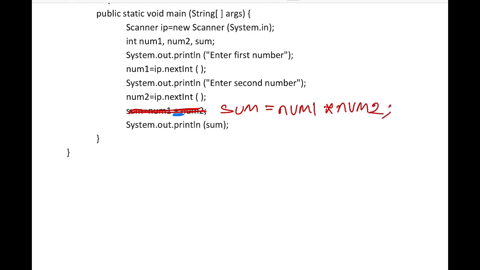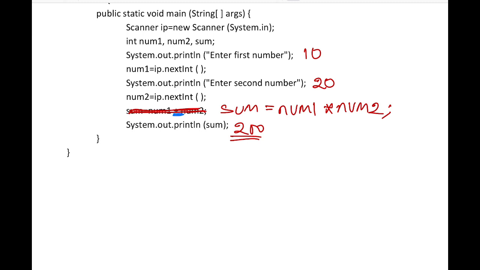Previously we were writing plus, so now we are writing the multiplication operator or star. If you use star, then it is going to display the multiplication of two numbers. That means if you give 10 here and 20 here, it is going to display 200.